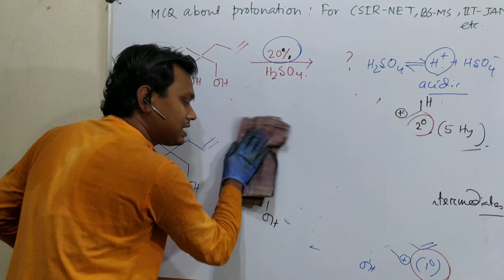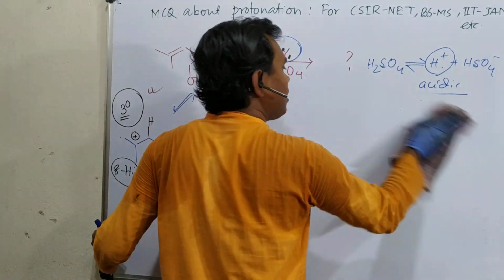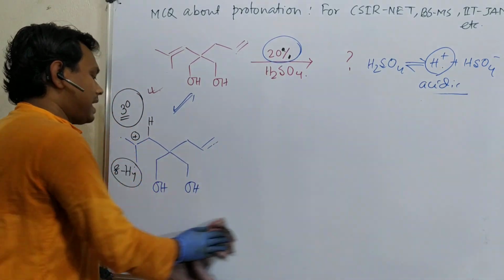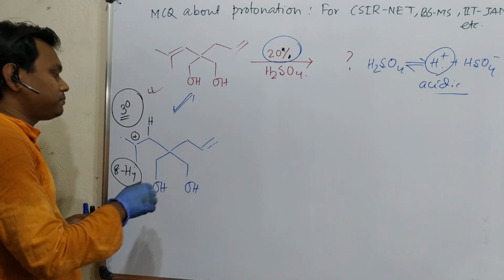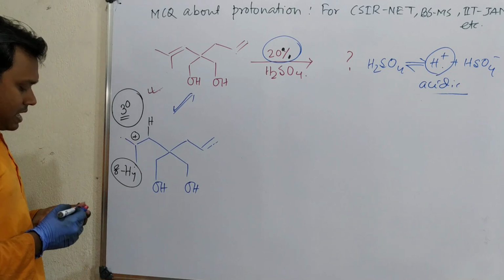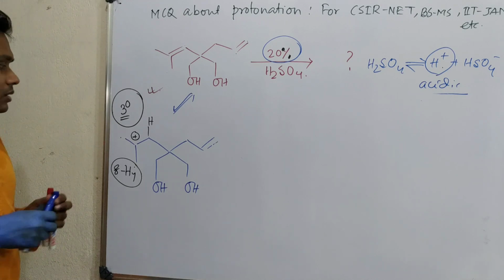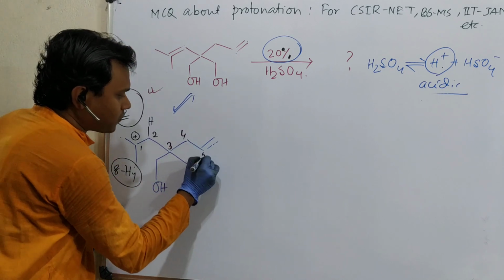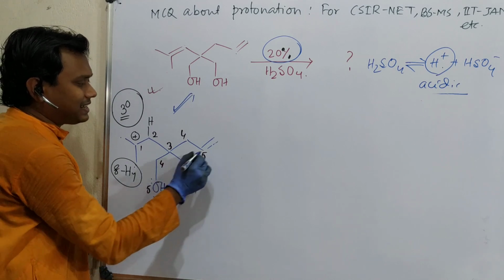This is based on the stabilization of the produced intermediate through protonation of the alkene as well as the hydroxyl group. Okay, fine. And see, these steps are reversible. So now the question: what can happen? What is the next possible step? See, this is a carbocation, and if you count these carbons, 1, 2, 3, 4, 5. So a hydroxyl is there and a double bond is there.